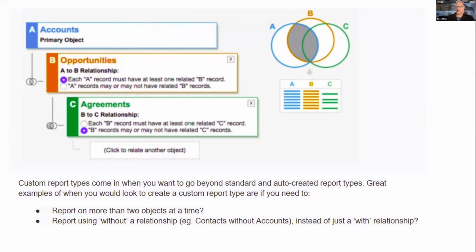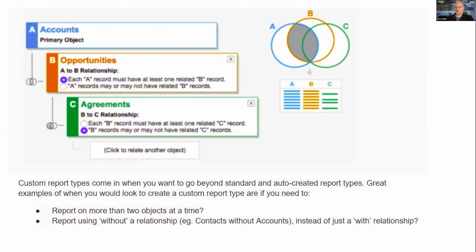And so you're starting at the account level, and you are including then opportunities, because there's a relationship between opportunities and accounts. You would not be able to create this if there wasn't a relationship. There always has to be some form of a relationship when you're creating these report types. So opportunities has a lookup to account that lets you do that. So what it's saying in the section, the two radio boxes below it, is what kind of relationship do you want to establish for your